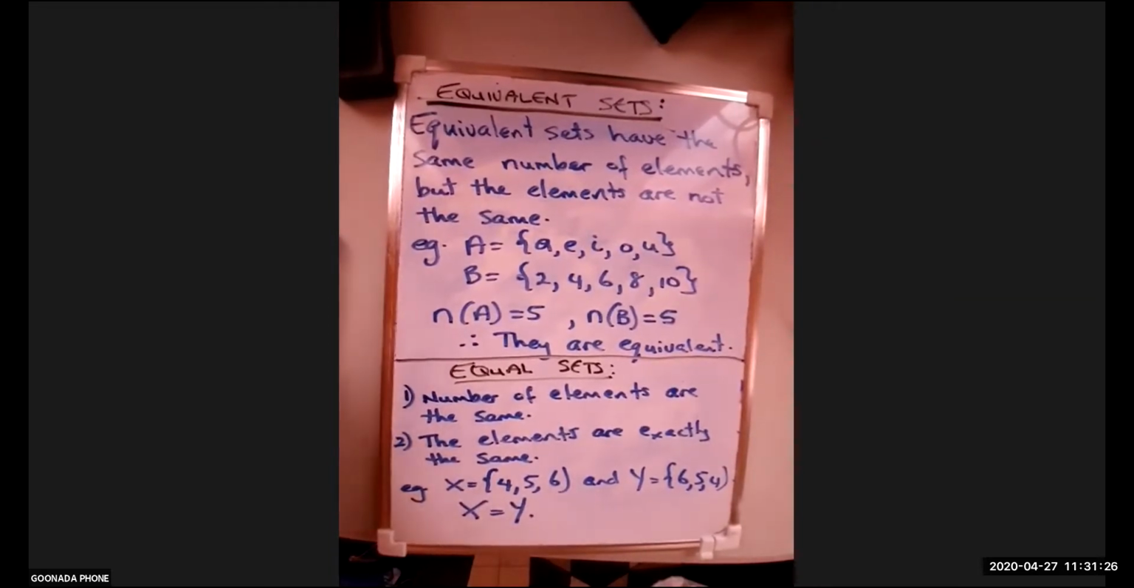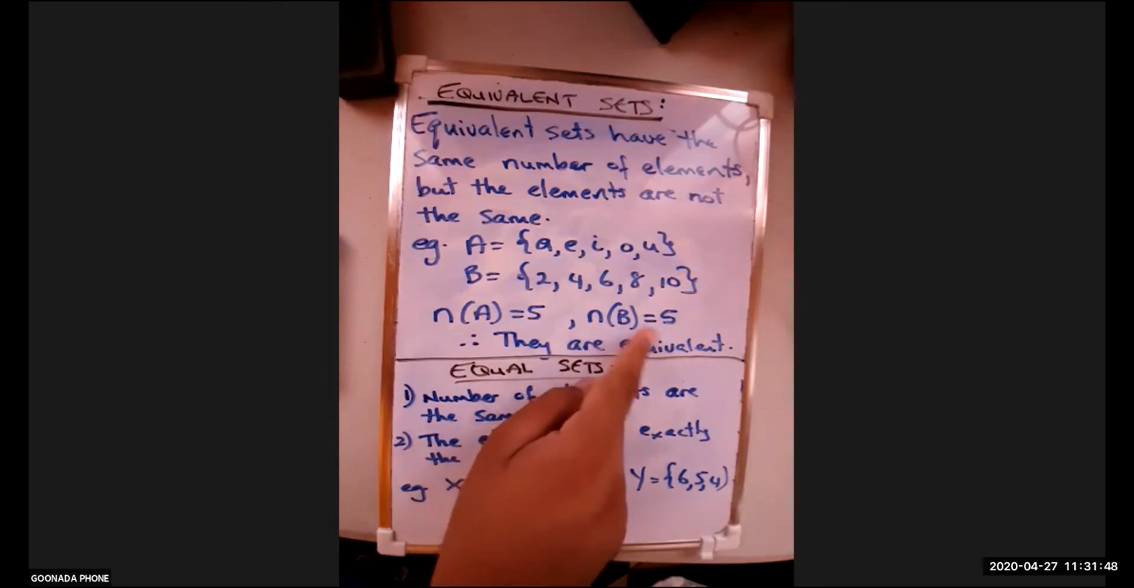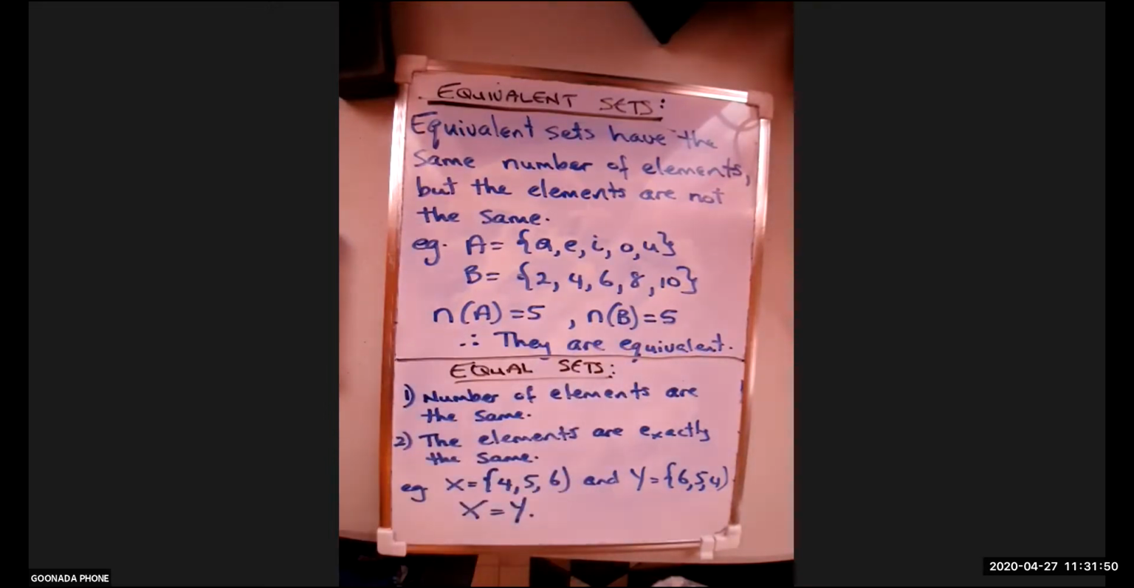Equivalent sets have the same number of elements. For example, in A we have A, E, I, O, and U, and B is 2, 4, 6, 8. How many elements do we have in A? We have 5 if you count them. Similarly, in B we have 5 elements as well. So the number of elements in A is equal to 5, and the number of elements in B is equal to 5. Now, since the elements are not the same,